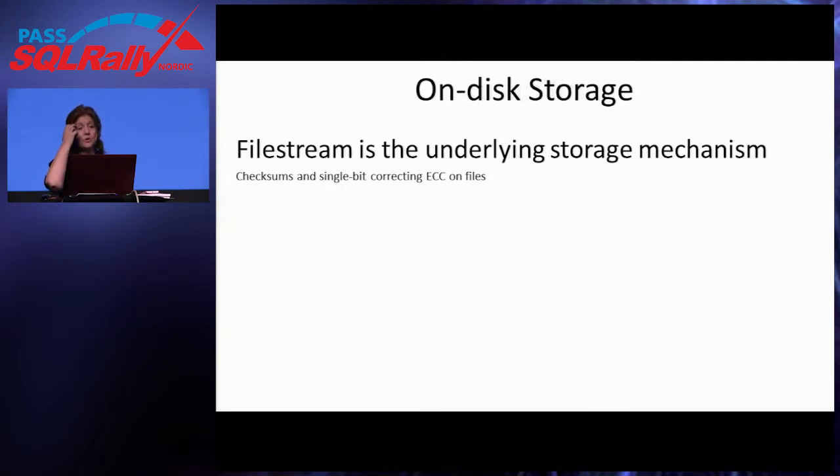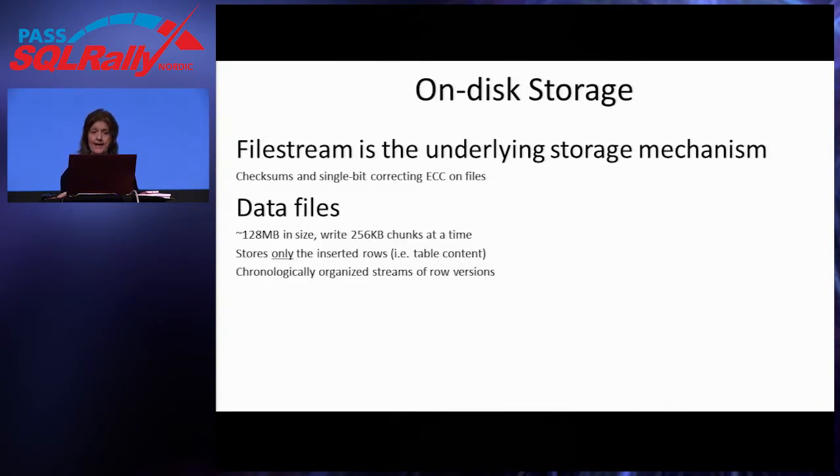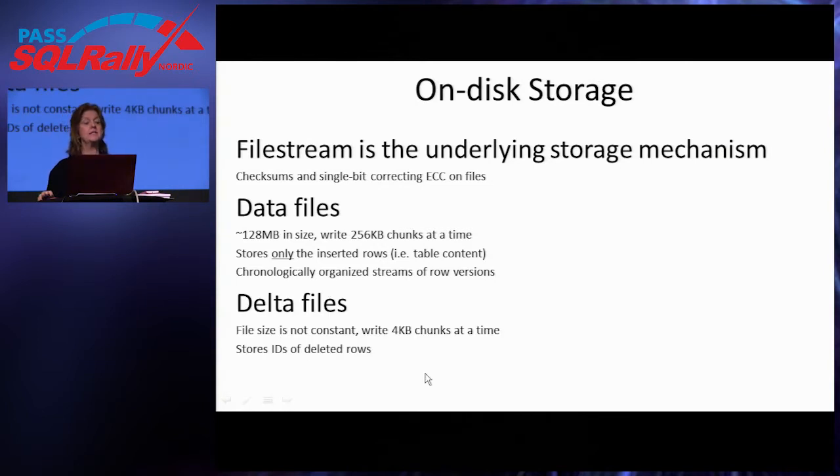So the on-disk storage is actually maintained as a set of pairs of files. We'll see that in just a minute. Data files and delta files. The data files contain the rows that have been inserted in a particular time span from transaction X to transaction Y. All the rows inserted in that time frame are in a data file, and in that same time frame, all the deletes, the rows that have been deleted from that set of rows, are written to a delta file. SQL Server stores the row ID of the deleted rows.